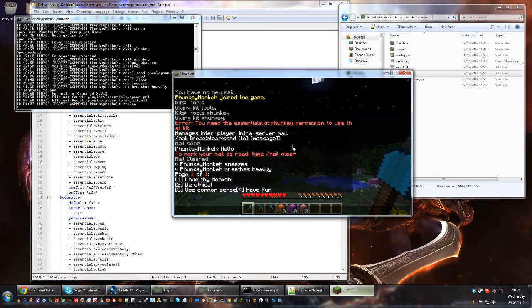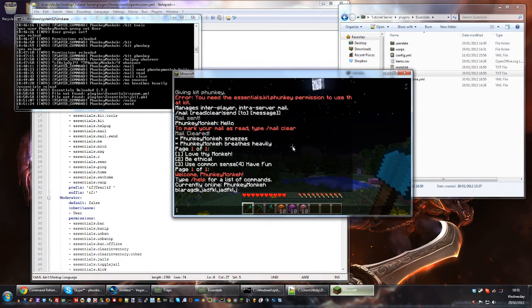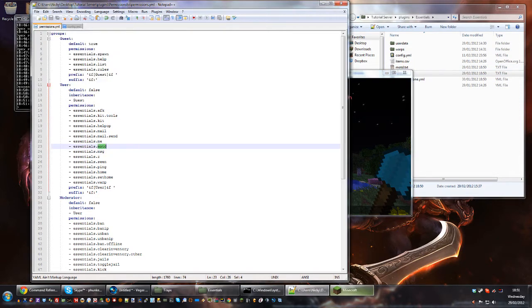So you've got "love thy monkey" there, which is a rule, guys. You do have to love me. And if they type in /motd, as you can see, it says welcome phunkeymonkeh, type help for a list of commands, currently online just me, and then whatever you put in underneath. But yeah, you can customize those two files, but they are two pretty important commands that you probably want to give your builders or users, motd